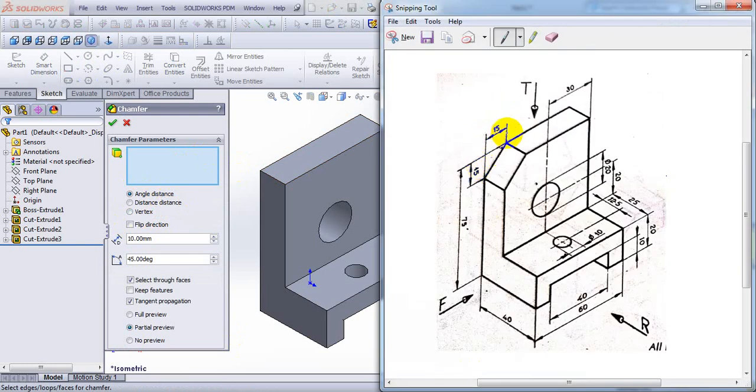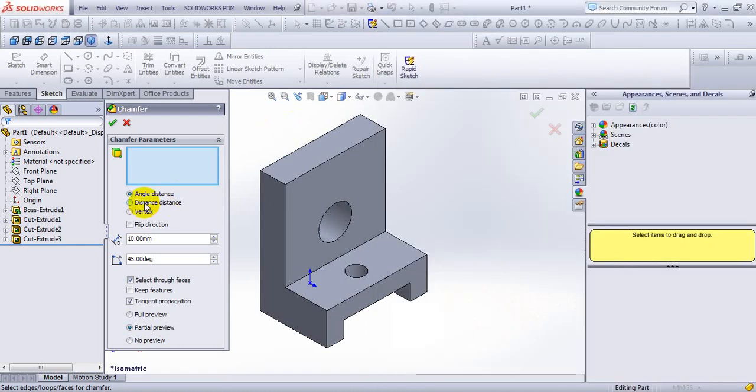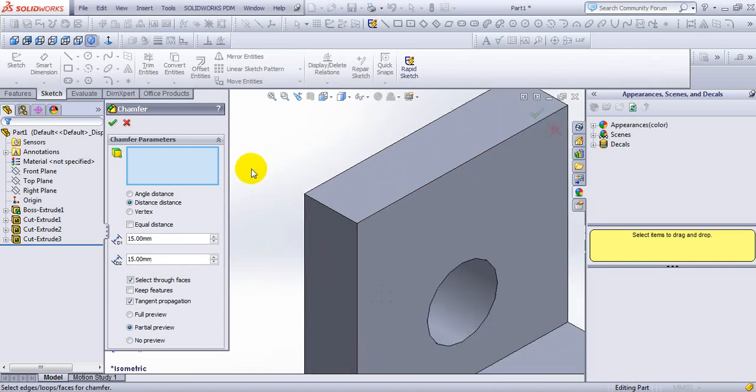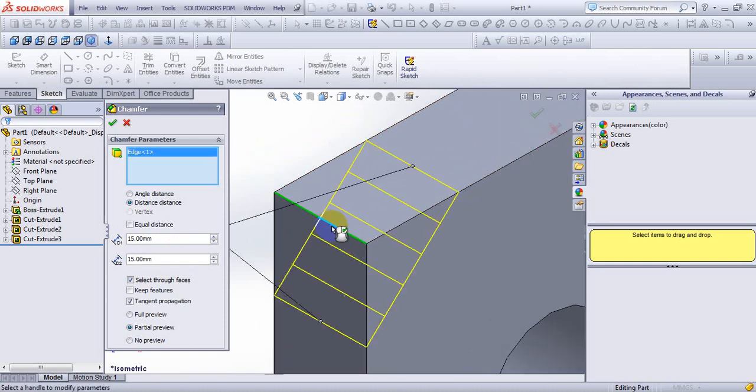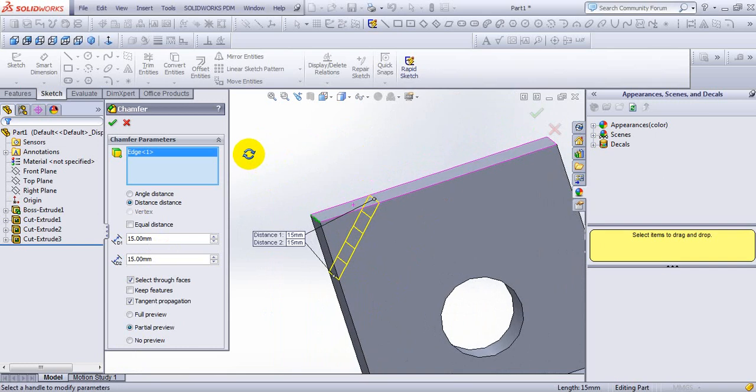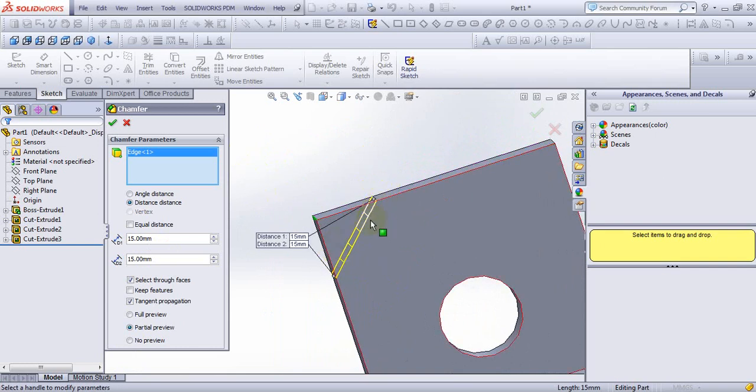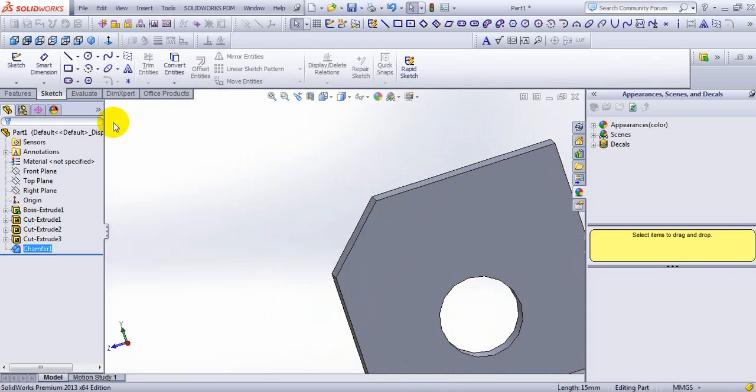They have mentioned two distances, that is 15 and 15, so select distance. Distance 1 is 15 mm, and the next one is again 15. Enter. Then select this edge. It will be this yellow colored line. This upper part will be chamfered. Select OK.